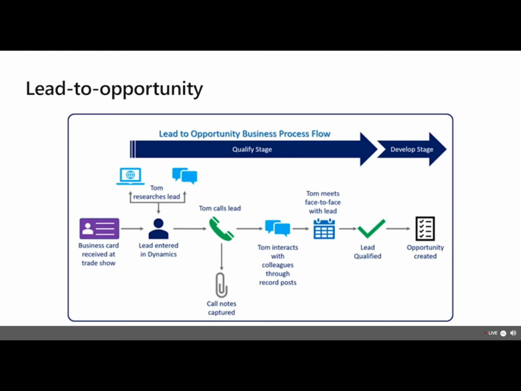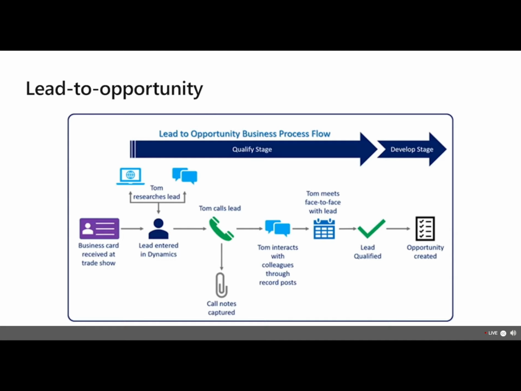Well, I don't know about you, but organizations change all the time. Maybe Tom moves on to a different account or he gets a promotion. If Tom called, the next person to pick up doesn't want to just say, oh hey, we talked to you at that trade show. Well, Tom entered his notes into Dynamics 365 using the CRM feature. So those notes, and who he spoke with, are all captured. No matter if it's Tom, his manager, or whoever's following up on the account, they know exactly where Tom